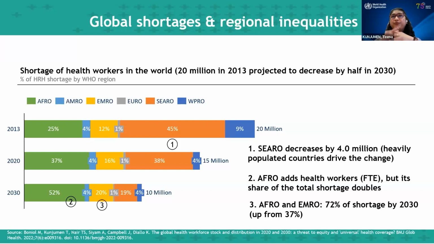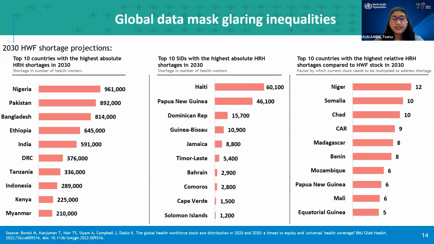And so what we see at the global level is that it's not enough to do some global estimates when you go down to the region, and even more so when you go down to the national. Let's look at what happens in some of the countries. So you look at the top 10 countries in absolute numbers, you have the high population countries, right? I don't think I've got my pointer here, but the first bars, you see Nigeria, Pakistan, Bangladesh, Ethiopia. So these are the countries which are densely populated. You see that the absolute numbers and the shortages they create, they're on top of the list.